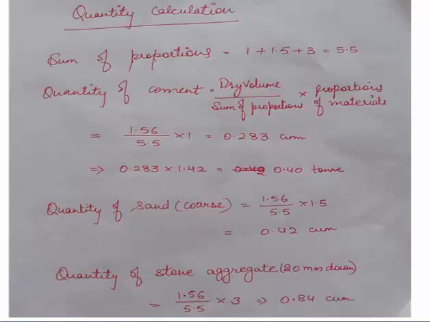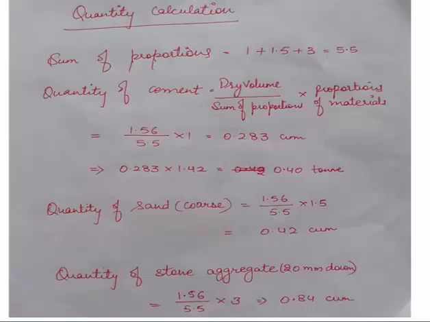So students, the same procedure of the calculation of the quantities will be followed as I have explained in the previous analysis of rates, and the quantities will be calculated. So quantity of sand will again be the dry volume divided by the sum of proportion multiplied by the proportion of the coarse sand, that will be 0.42 cubic meter, and the quantity of stone aggregate, as we are